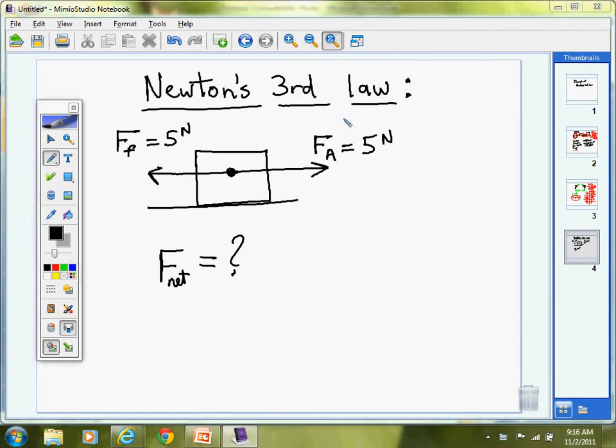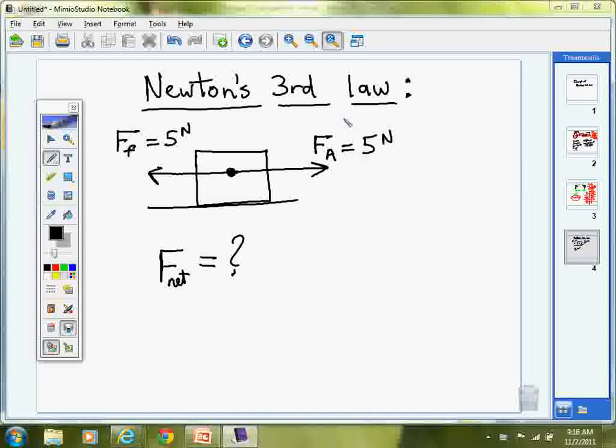I wanted to make one last comment about Newton's third law. So let's take a look at this object right here. You have this box, it's being pulled to the right with an applied force of 5 newtons. F sub A means that there's an applied force. Somebody's applying a force pulling to the right with 5 newtons. And then there's a force of friction holding it back